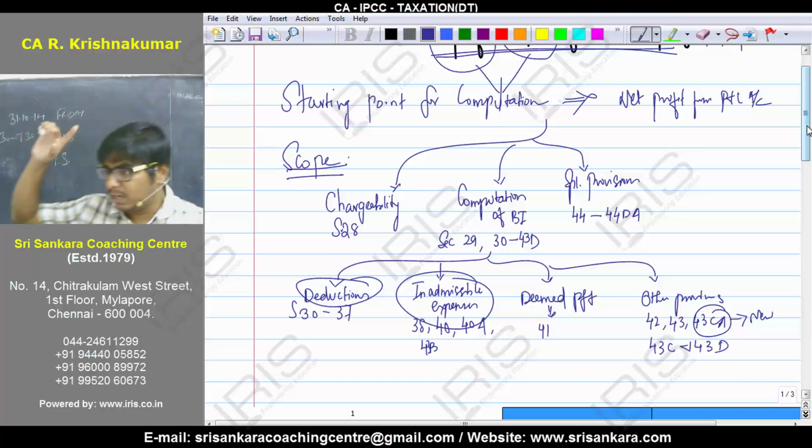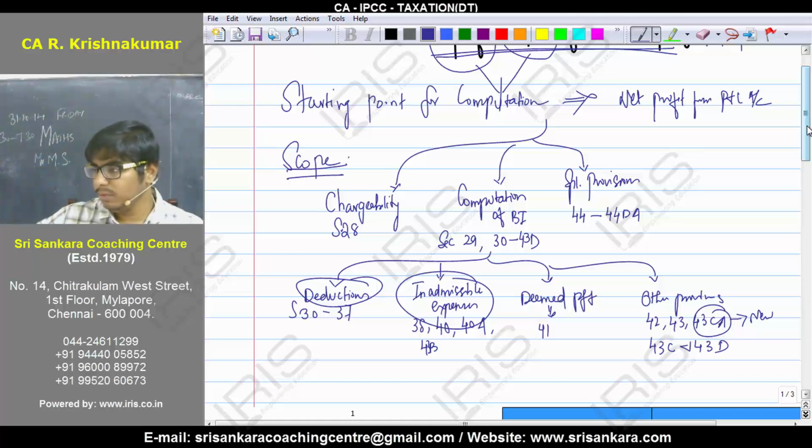So, the first step is net profit from P&L account. What do you mean by deductions? You have several expenditures debited to your P&L account, right? Rent, amenities, maintenance, electricity, cost of goods purchased, etc. So many expenditures are debited to your P&L account. Whether all expenditure is allowed? Certain expenditure is allowed only on payment basis, certain expenditure is allowed even if it is not paid, and certain expenditure was incurred only for earning exempt income, so those expenditures are not allowed.